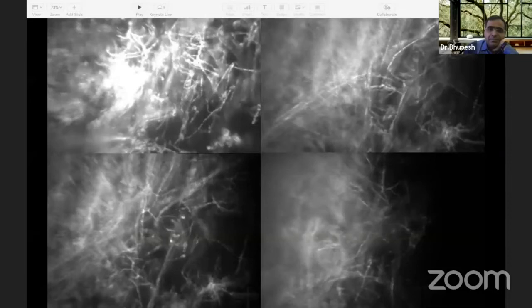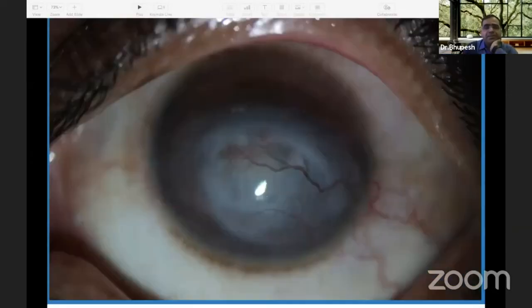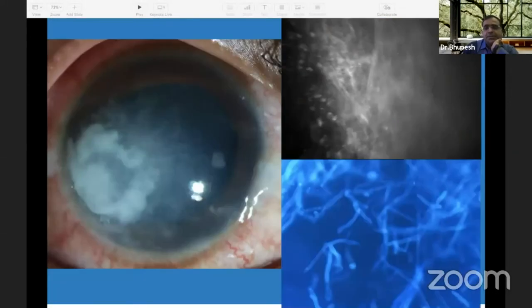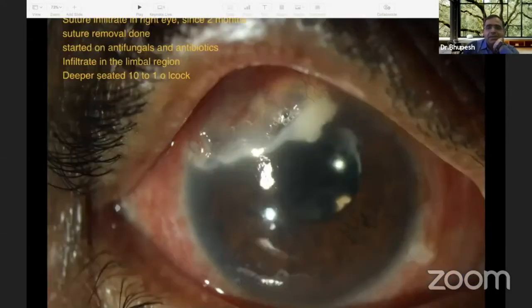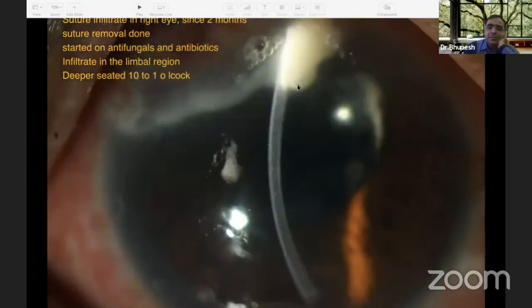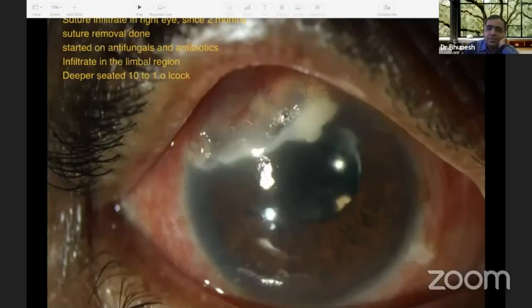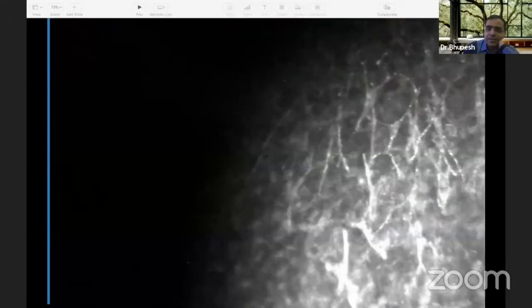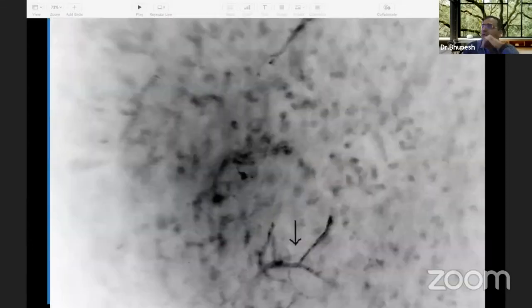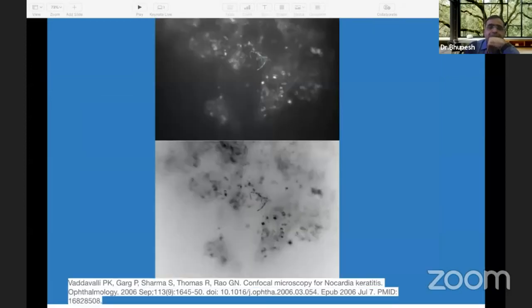This is a patient of Pythium keratitis, and you can't actually make a confirmatory diagnosis on confocal examination. But yes, with repeated examination you can have some idea that this is the confocal of Pythium keratitis. This entity is particularly useful in tunnel infections, where all the infiltrates are posterior stromal, and on confocal we can pick up organisms. This patient finally revealed a Nocardia infection, and was treated successfully with amikacin without surgical intervention.